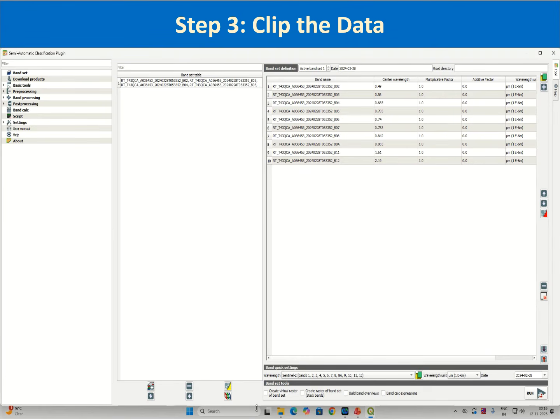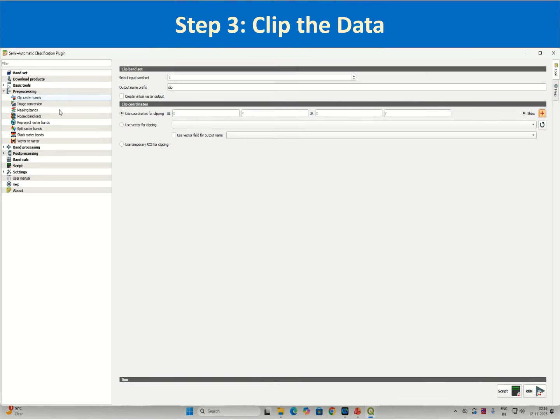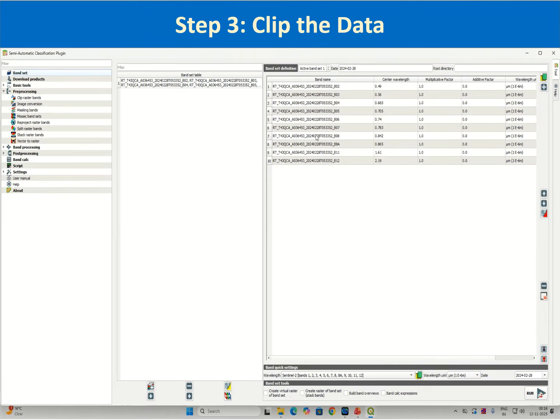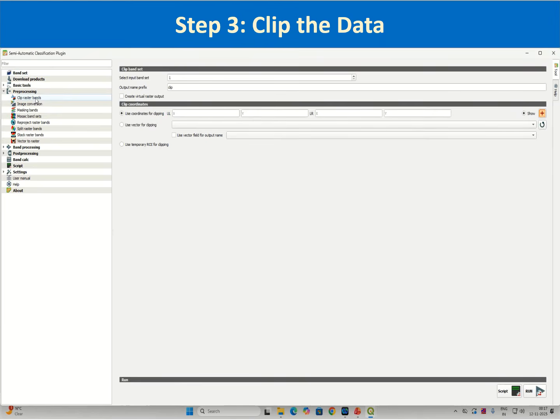Now we have to clip these bands. For that you will have this option under pre-processing, clip raster bands. So here now you have created a band set which is the active band set one. Okay, and then we will use it as an input for further pre-processing for clipping the raster bands. Where you select the input band set, there is only one input band set, that is 1, and output name